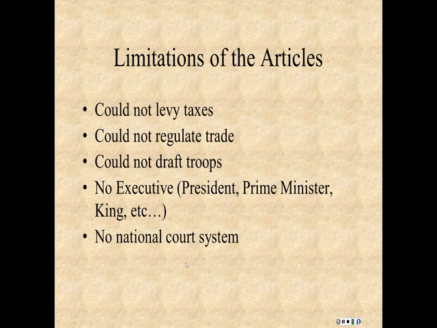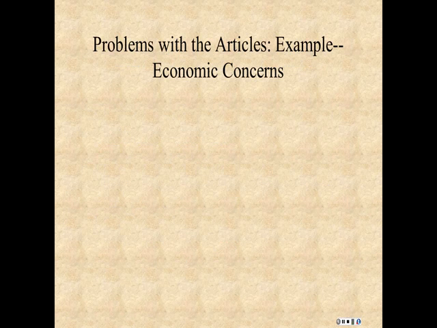There's no national court system. Today we have federal courts. We have district courts, circuit courts. We have courts of appeal all the way up to the Supreme Court. Nothing like that existed. All judicial power resided within the states, not the federal government. And this created a lot of problems. Just for example, and I can't list all the problems here and do this in a short lecture, you can read your book about the section on the Articles of Confederation and the problems that existed underneath that. There were all kinds of problems.